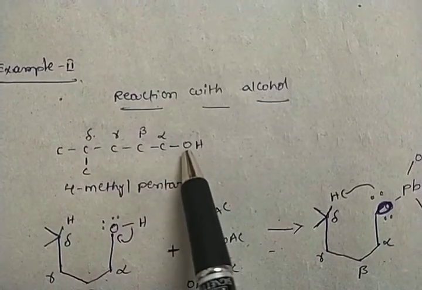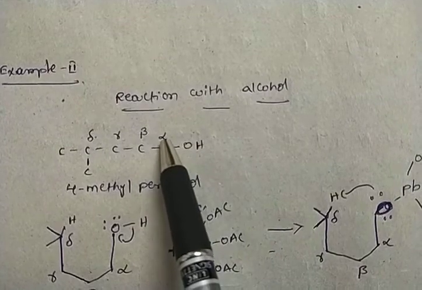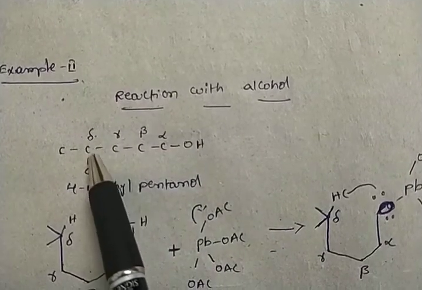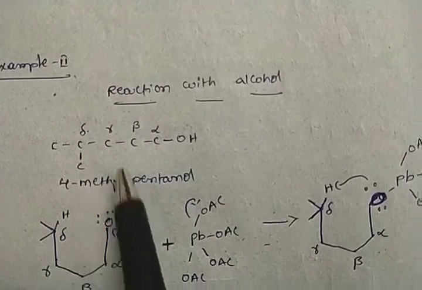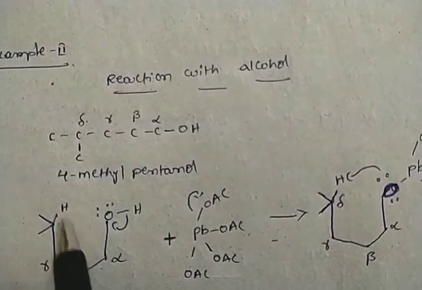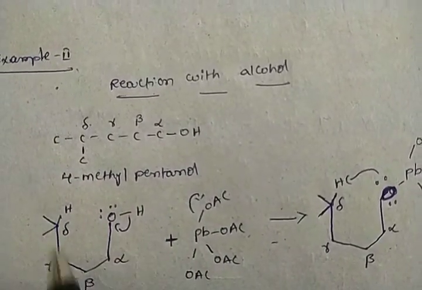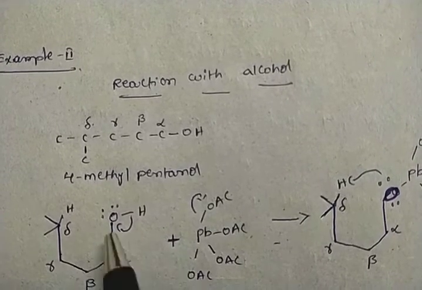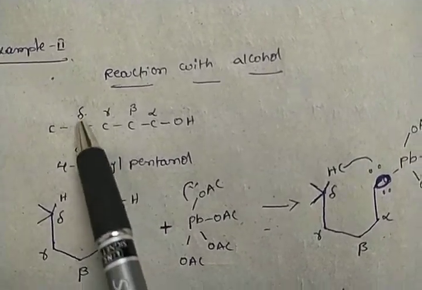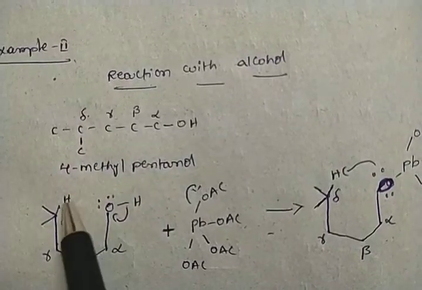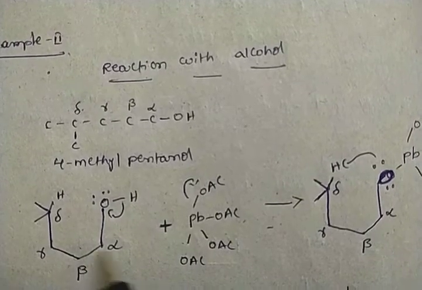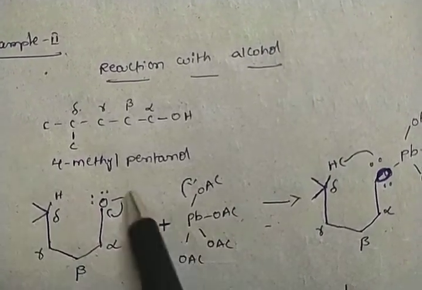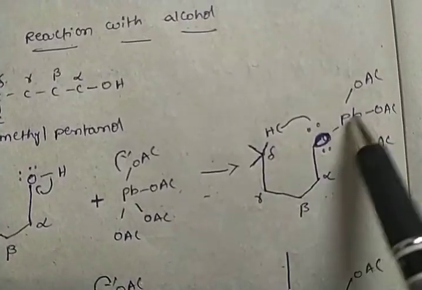So this is the functional group, and the adjacent carbons are alpha, beta, gamma and delta. So in the delta position one methyl group is there, so there is one methyl substituent. So the same chain I have written like a line formation like this. So delta will have one more hydrogen atom here, so that's what I have written here. So the proton will shift towards the oxygen atom, and the acetate ion will be liberated. So here again the acetic acid will be liberated, so the bond formation will be like this.